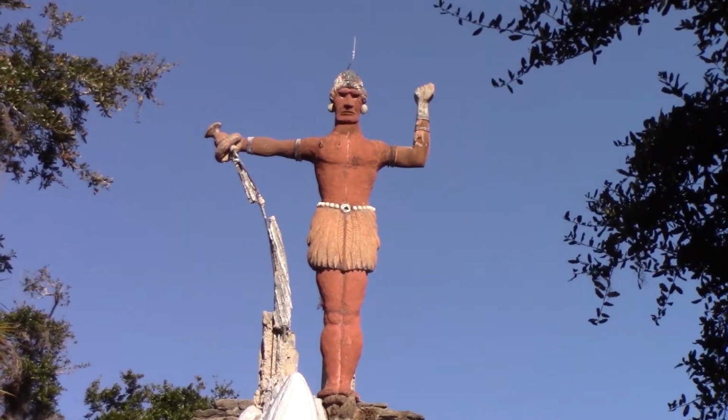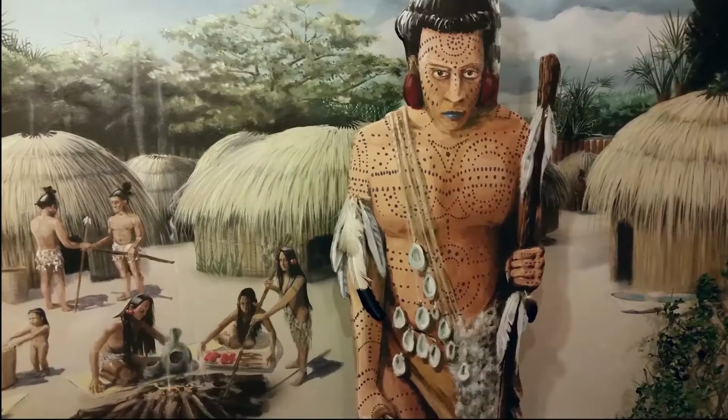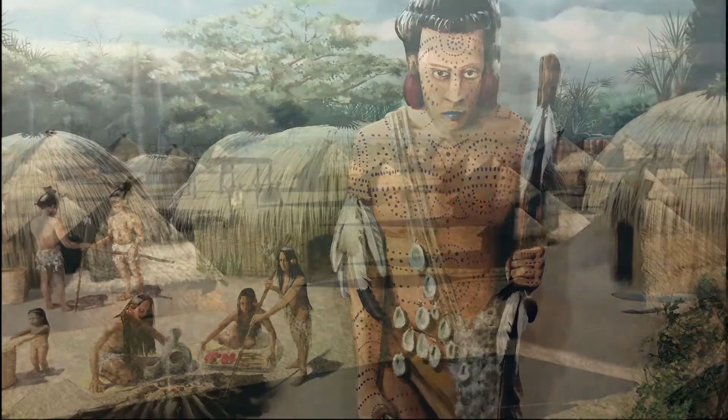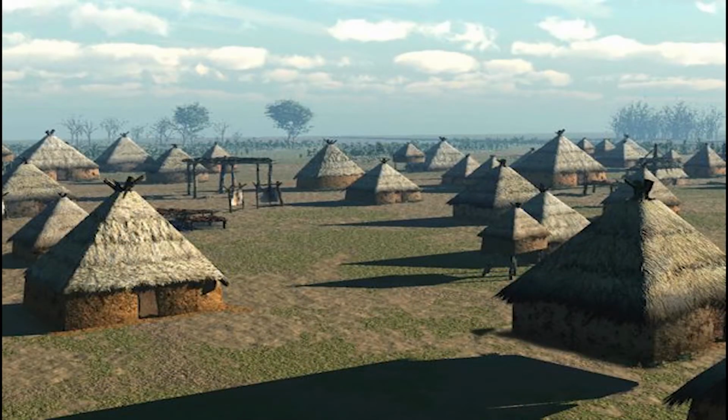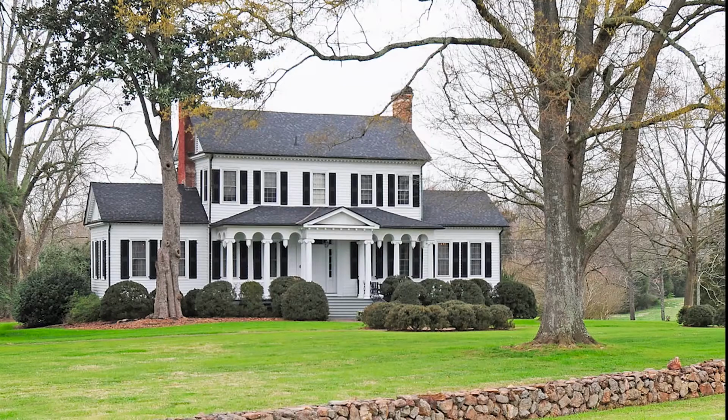We know of them through the records left by early European explorers who visited their villages. Once the Timucua numbered in the tens of thousands, but through attrition, disease, and tribal conflicts, they had all but disappeared by the late 1700s. But where the Timucuans had vanished, a new generation of settlers stepped in. This was the birth of the plantation era,